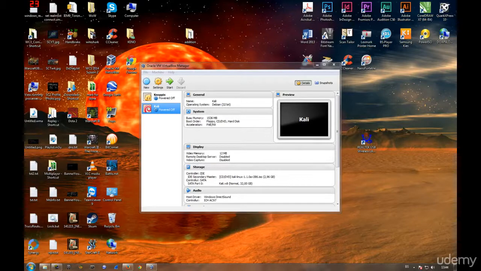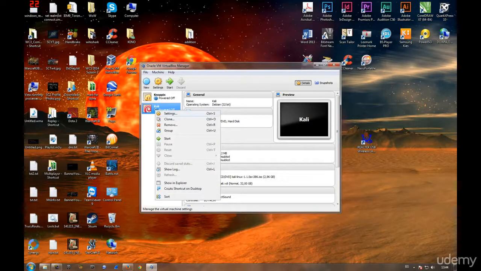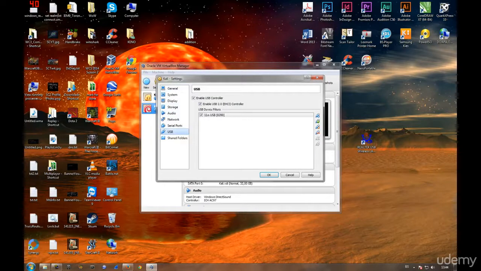Anyway, let's go ahead and right click on our Kali machine, go into settings, click on USB. This will be disabled and you won't have anything selected here. So just go ahead and click on Enable USB 2.0 EHCI controller. If things are not configured properly with the extension pack, you will get a yellow triangle with an exclamation mark in the center next to your OK button down at the middle. So right on the left of the OK button you will get that triangle, which means that you don't have